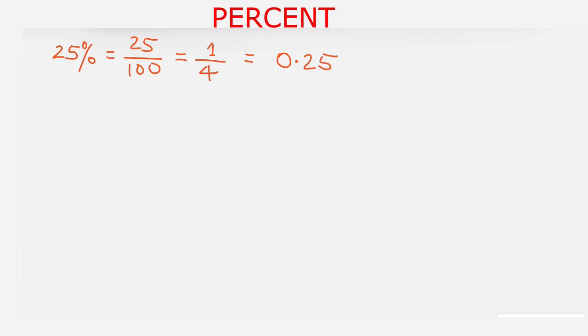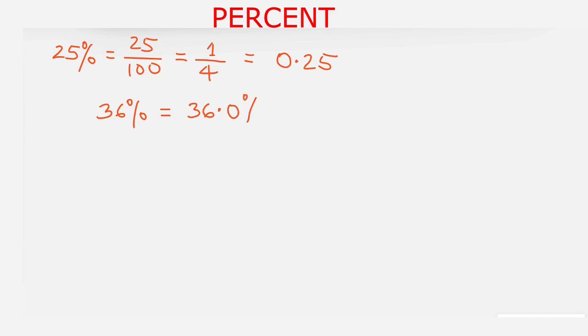0.25. Thus any percent can be expressed as decimal by shifting the decimal towards left by 2 digits, and any decimal can be converted into percent by shifting the decimal towards right by 2 digits. For example, 36% in decimal terms can be written as, first we will write 36% as